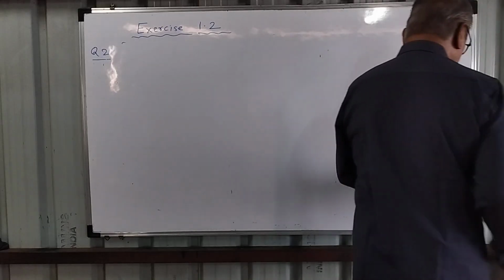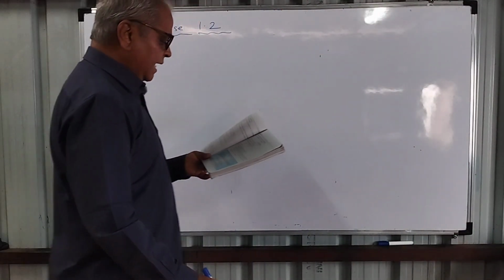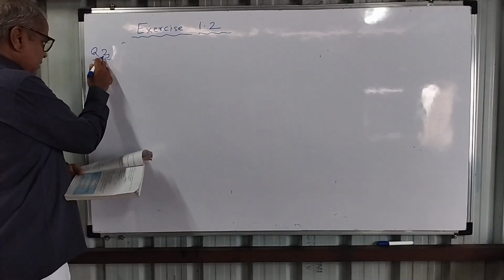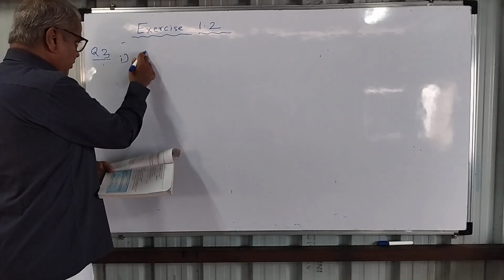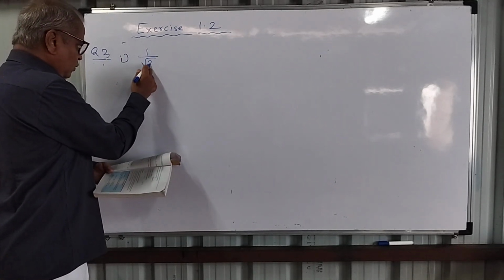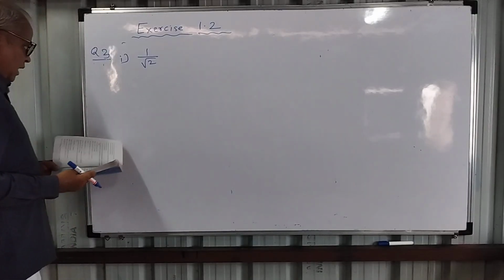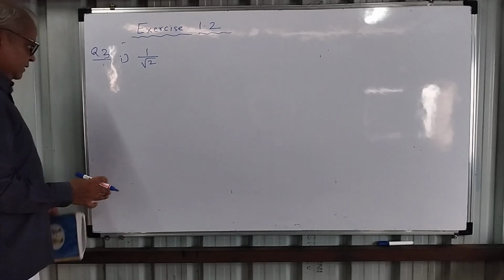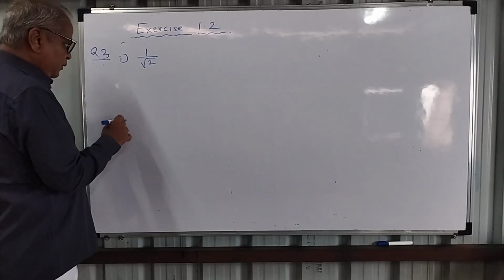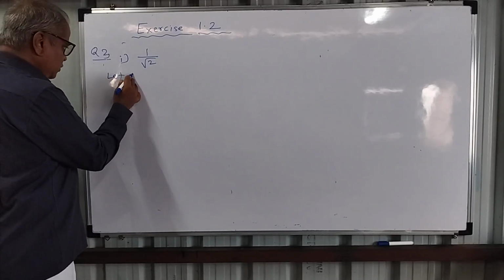Question number 3. Prove that the following are irrationals. Sub question 1: 1 upon root 2. We have to prove that this number is irrational. So same steps, indirect proof. Let us assume